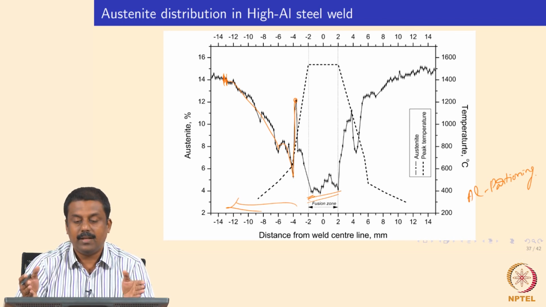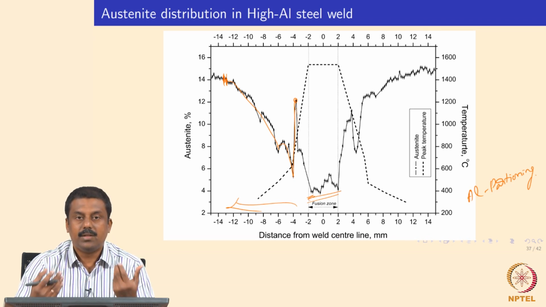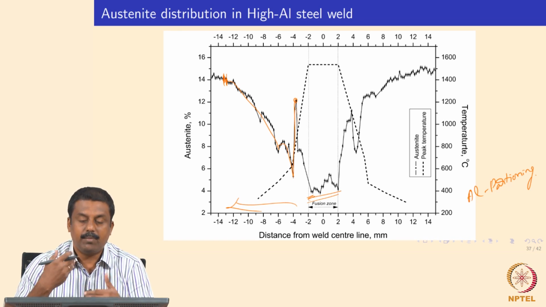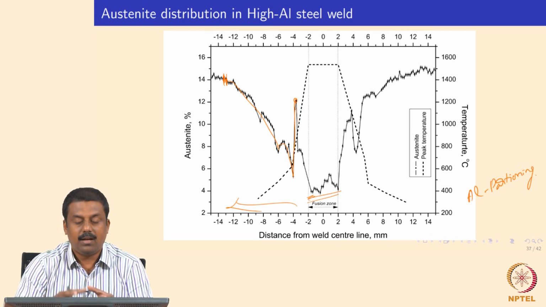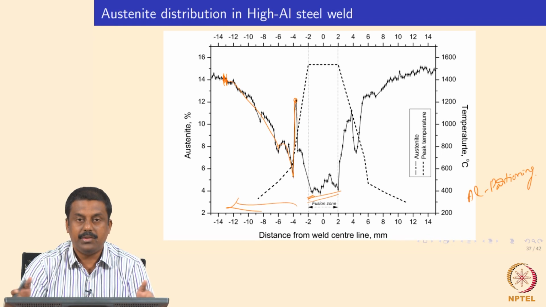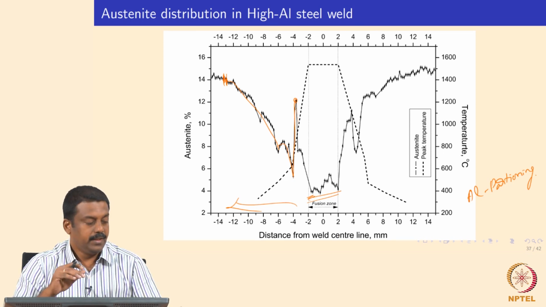Conventionally, you won't see any effect if you have ferritic pearlitic steel, no noticeable effect until your peak temperature reaches close to A1 temperature, and you will see maybe some sort of very small effect which is not noticeable in terms of the properties as well as the microstructure. But if you have metastable phases like martensite or retained austenite, you will see the effect significantly, thereby you can say that the heat affected zone is enlarged in this kind of steels due to the change in microstructures you observe as a function of peak temperatures.